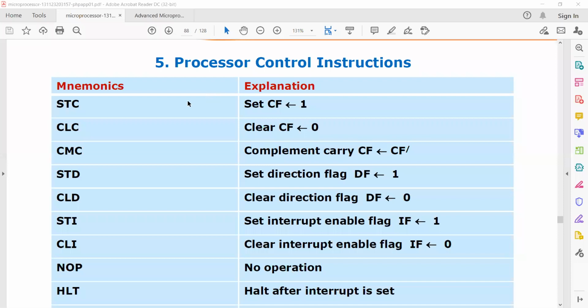The first one is STC. STC means set the carry flag to 1.